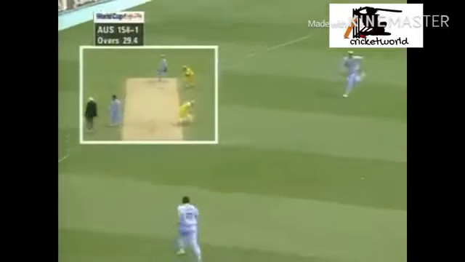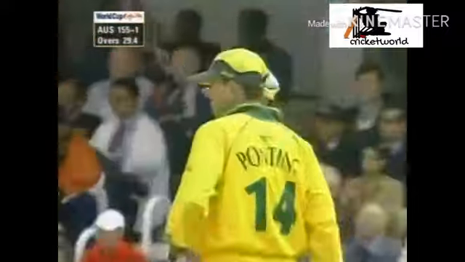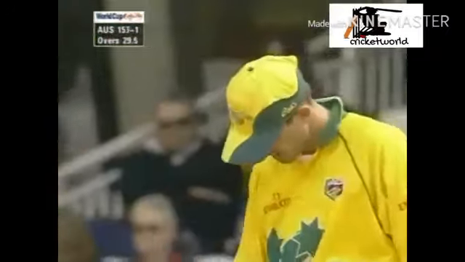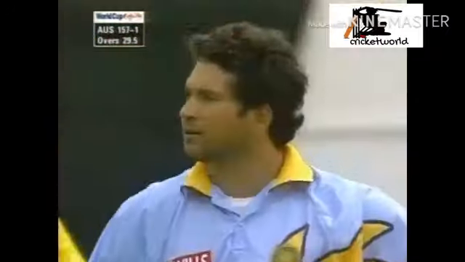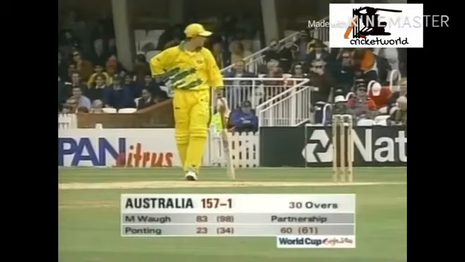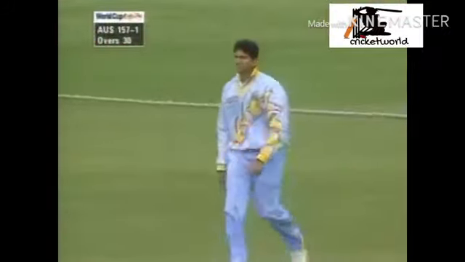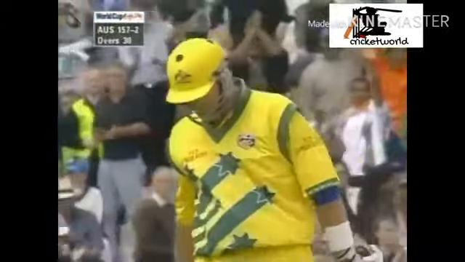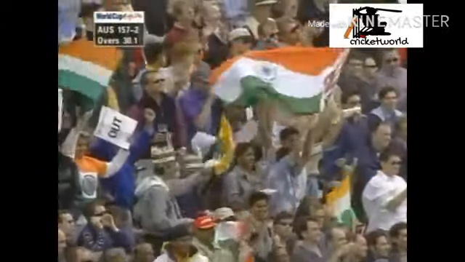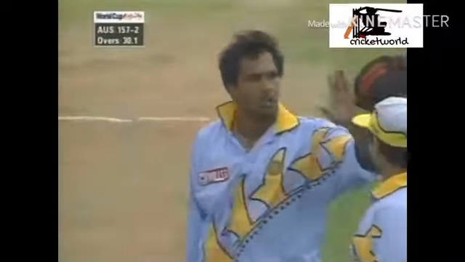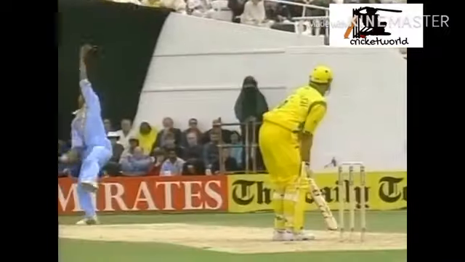A little bit of width on that occasion. Long chase for mid-off, and he boots it over the rope. And Venkatesh Prasad. It's a rubbish effort too, and he's not happy. Chance at fine leg. Venkatesh Prasad is down there. Well, he's just booted one over the boundary rope, but he's taken a very important catch for India to get rid of a rather casual Mark Waugh on that occasion.